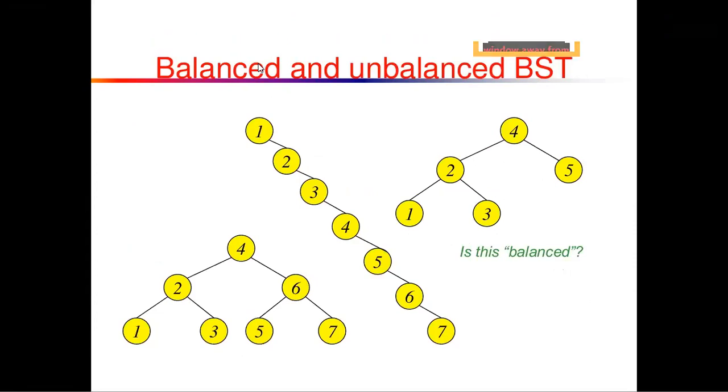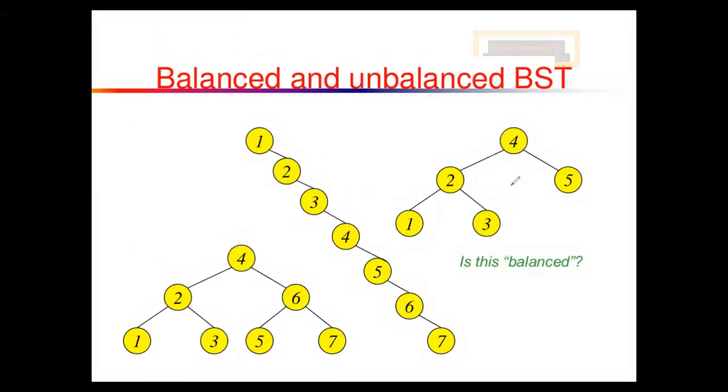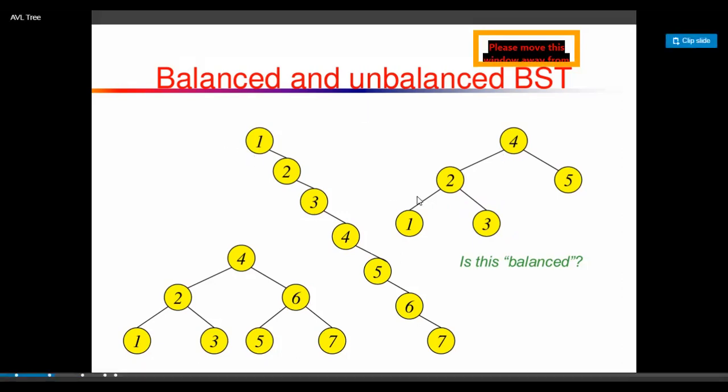Everyone knows that the BST has time complexity log of n, meaning it is half. Why is it half? Because if you consider this example, if I want to search for the element 3, 3 is less than 4, so I directly search the left side, not the right side. So the time complexity is half. Now just see the second example here.